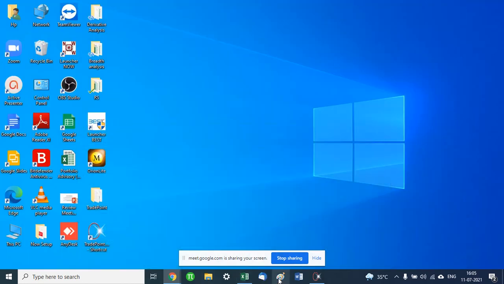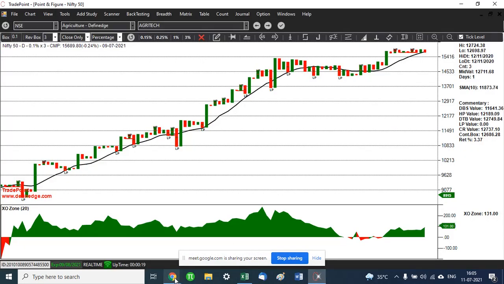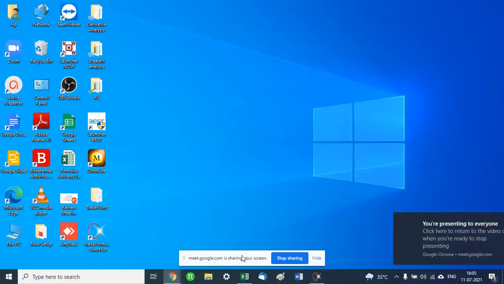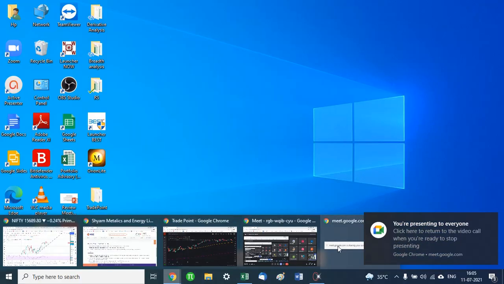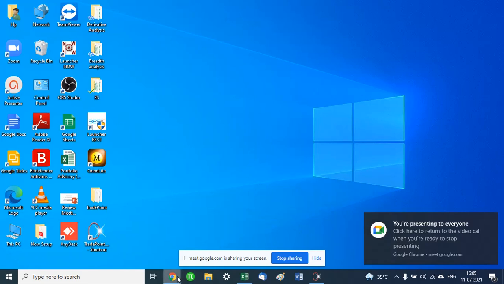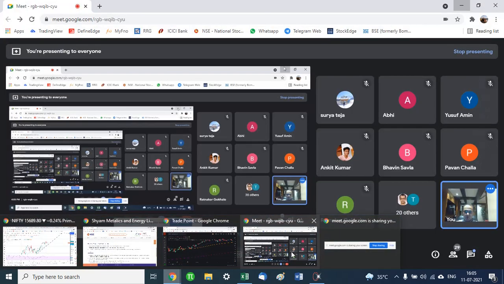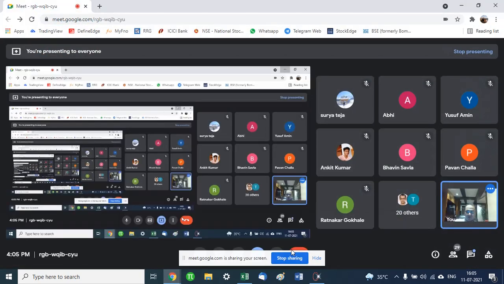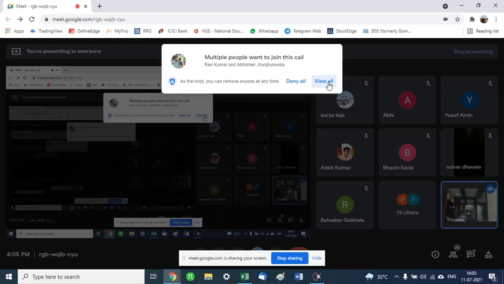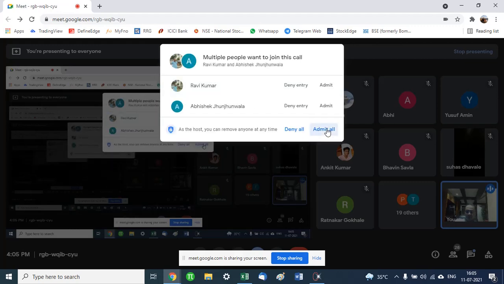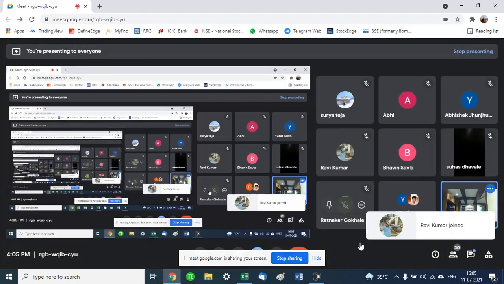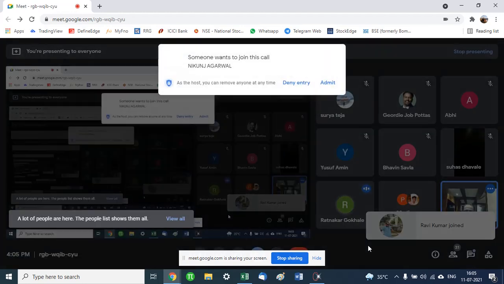Right. So guys, I'm going to assume that all of you have seen the video that I had uploaded on the group, the video from Prashant Shah explaining the basics of point and figure. So at least you know how point and figure charts are plotted and the basic concept of point and figure. I hope that is familiar to everyone. Yes, it is. Great.